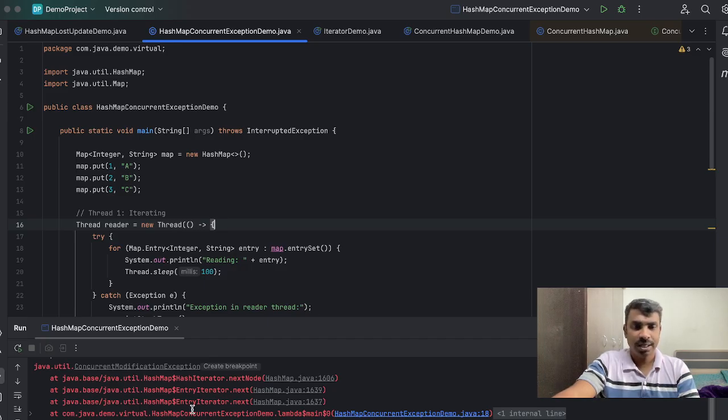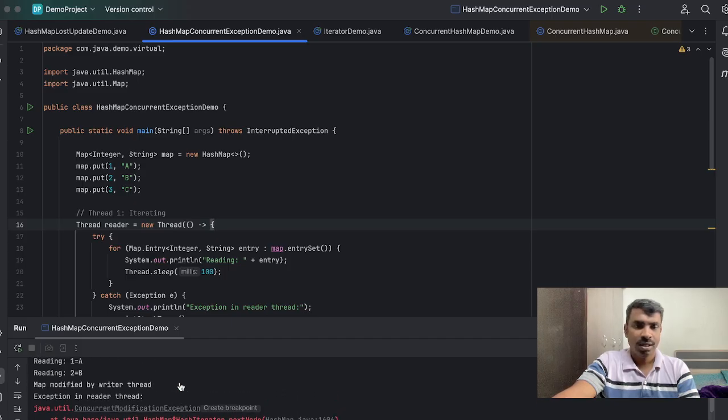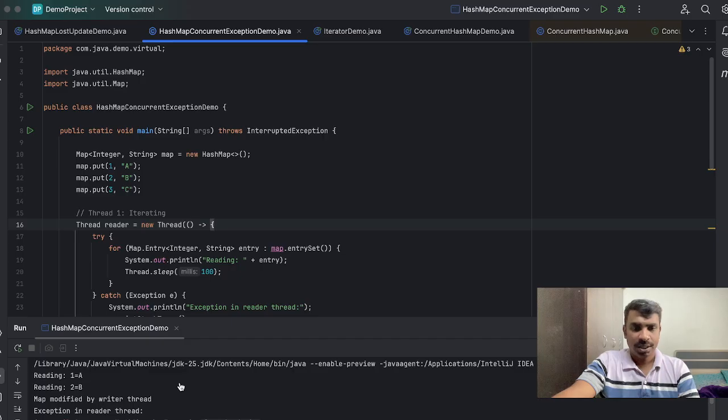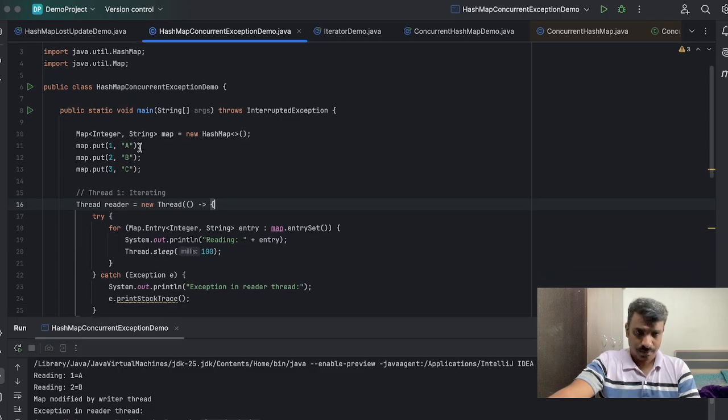In that case a normal HashMap will throw a ConcurrentModificationException. This is another issue with HashMap in multi-threaded applications. This example clearly explains the ConcurrentModificationException, and the previous example explains the data loss. Both examples clearly show the issues with HashMap.